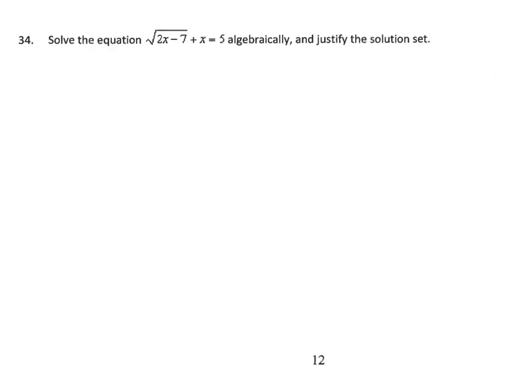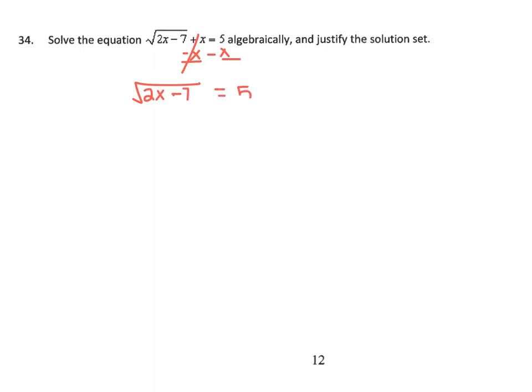Number 34 asks us to solve this equation algebraically, and justify the solution set, which, I mean, all that really means is just to check, okay? So justify just means to check. All right, now when you solve a radical equation, the first thing you want to do is get this radical all by itself. So we can do that by just subtracting x from both sides of the equation. Okay, so that's going to leave me with the square root of 2x minus 7